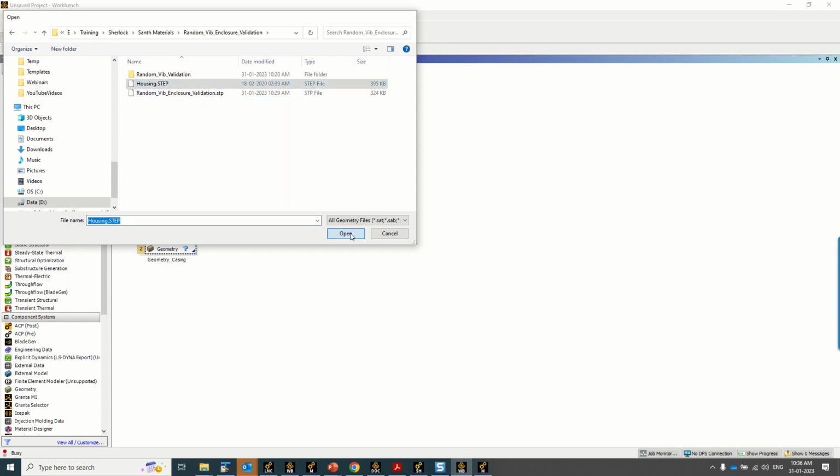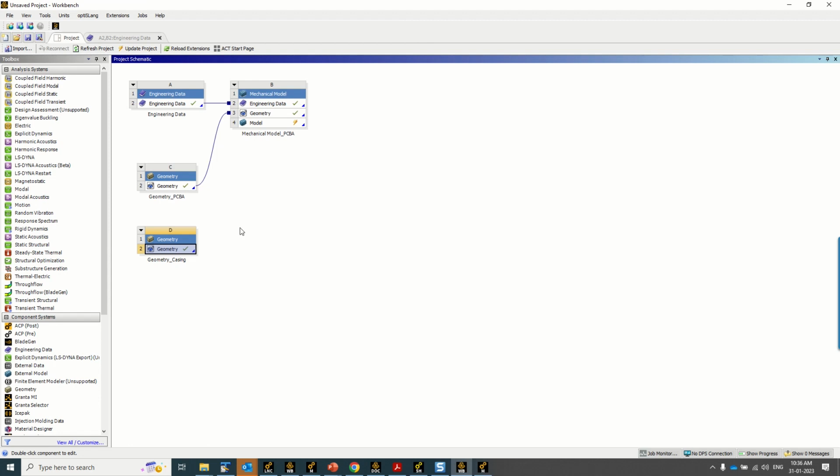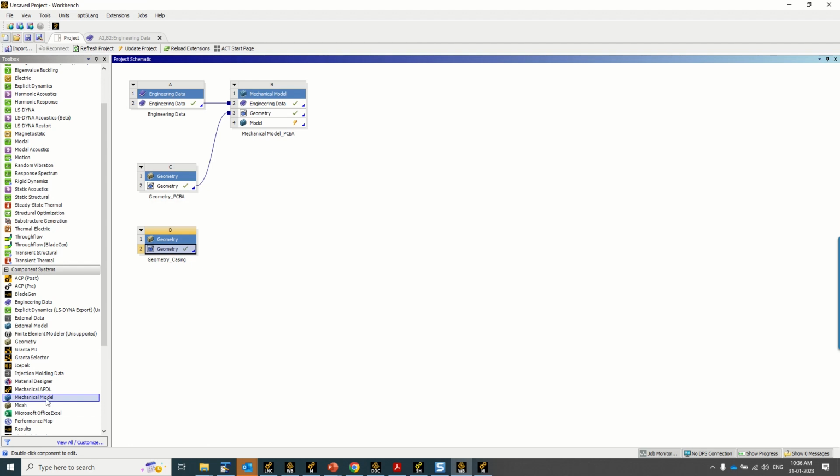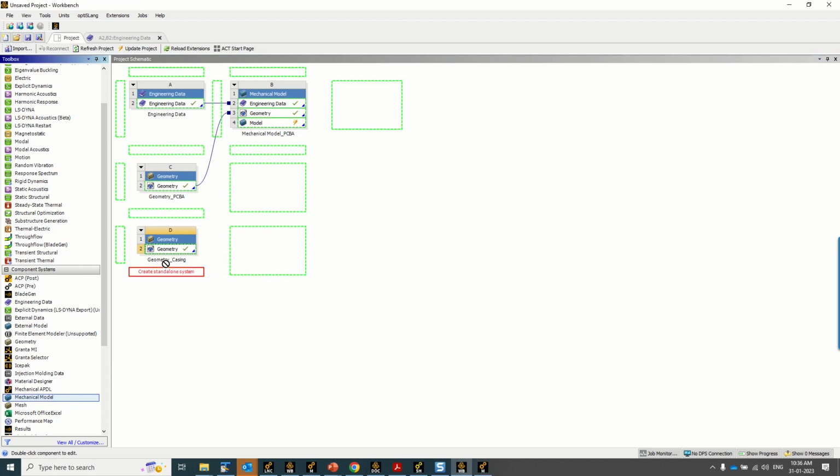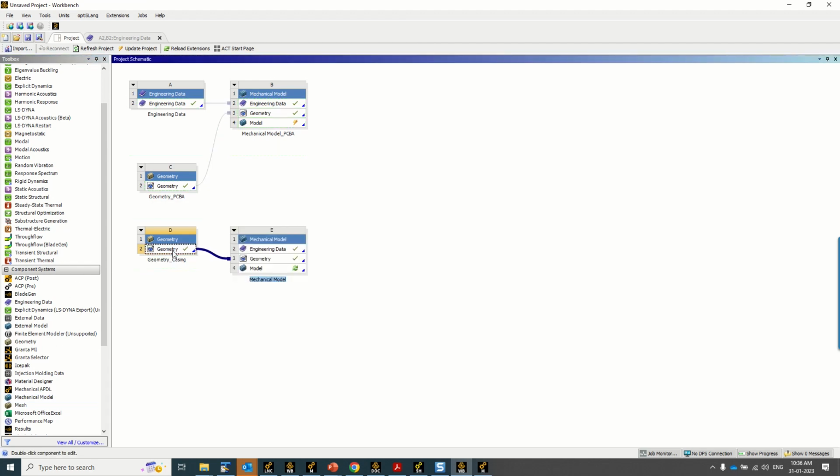This is a housing here, and open that. Then we need to mesh this housing separately. So take out one mechanical model under the component system and connect to this geometry. So this is a mechanical model of a casing,